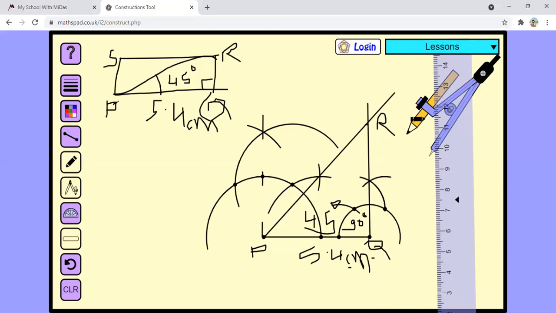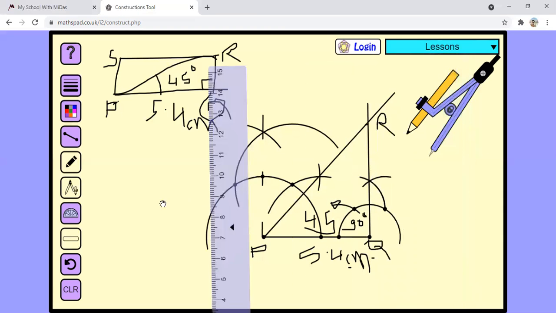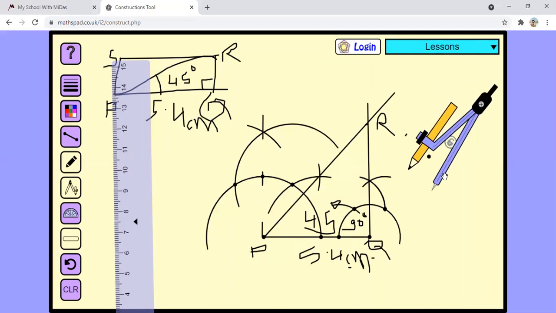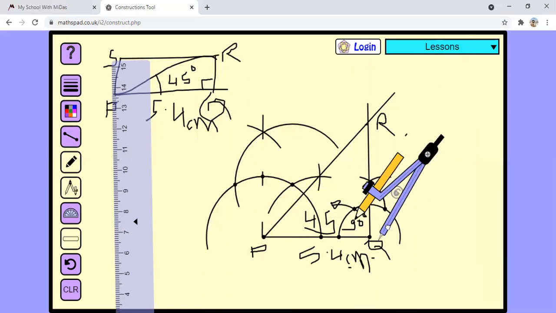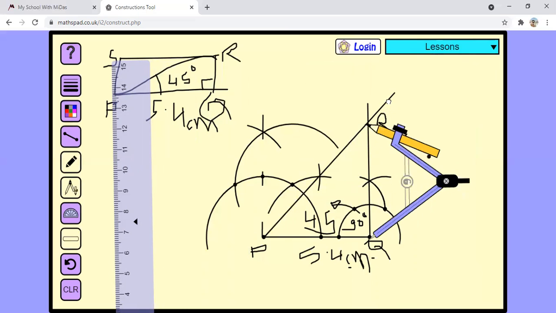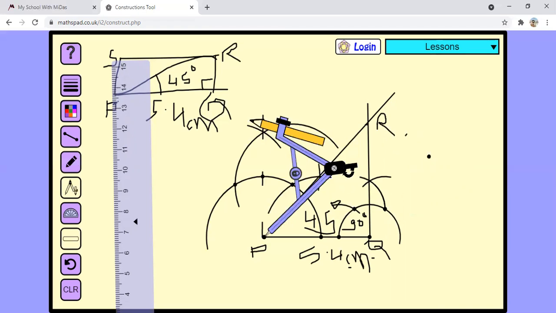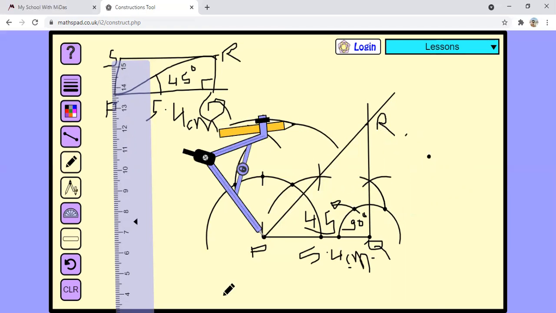Okay, now let's take the help of compass. Take the help of compass and measure this side. Look here, I am telling to measure this side, this one length. We know opposite sides of the rectangle are equal, that's why measure these sides. Okay, measure this side. This length should be measured. Now put compass here at point P, and here also chord the same length. Okay, chord like this. Because QR and PS length will be equal, that's why we measured here and chord the same arc this side also.